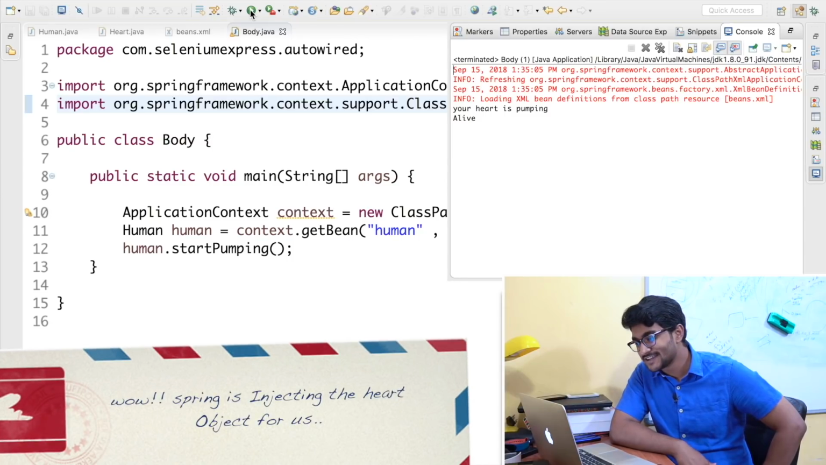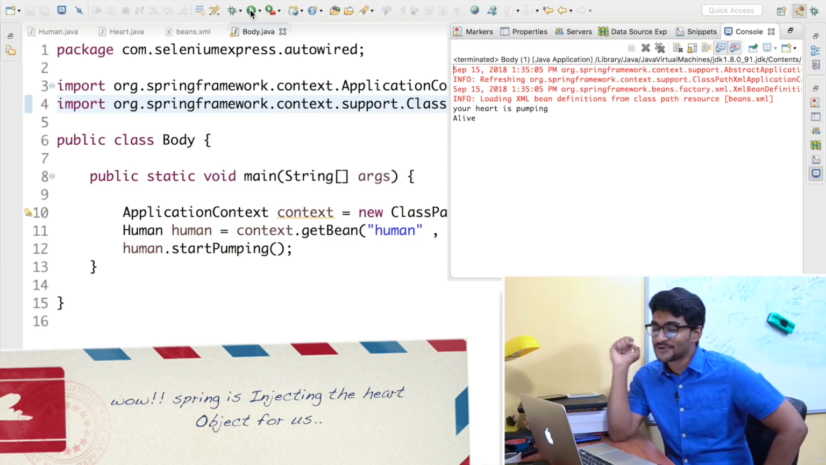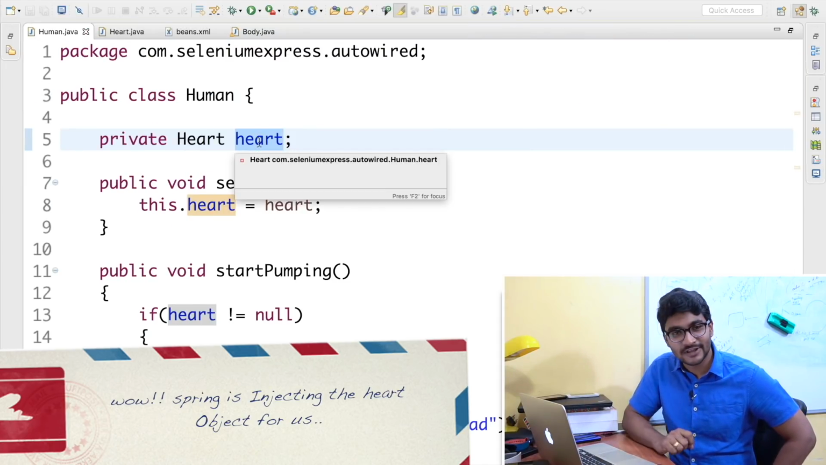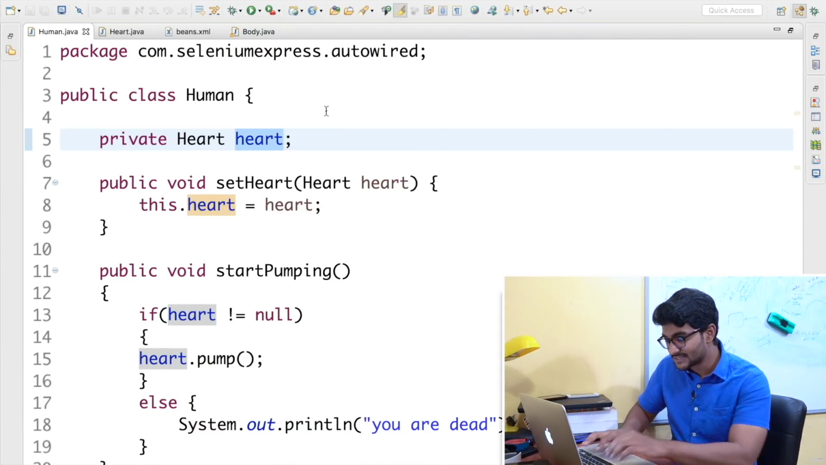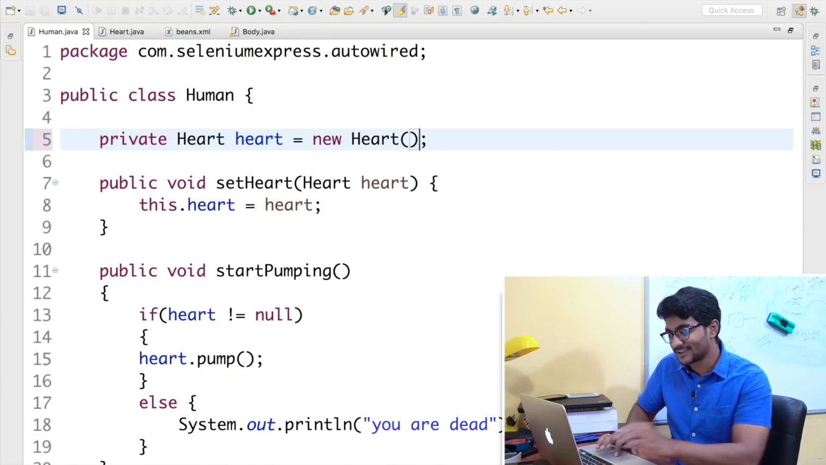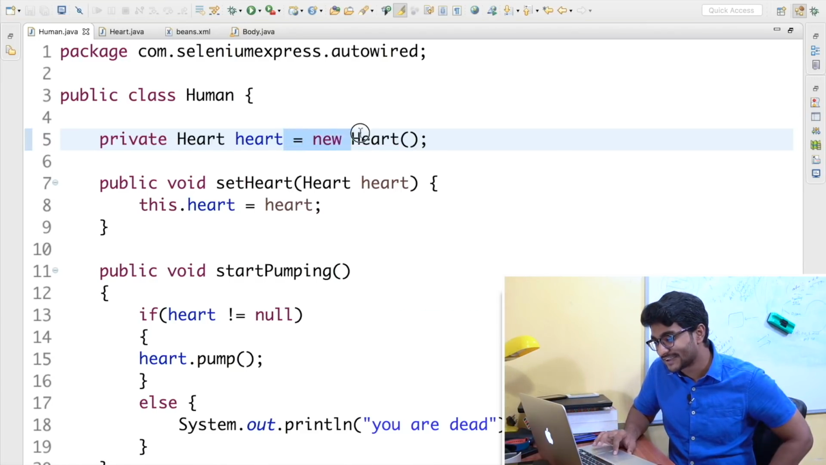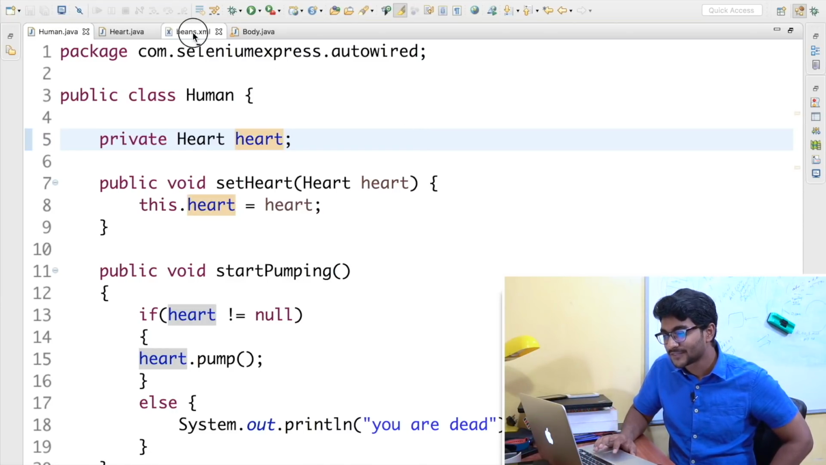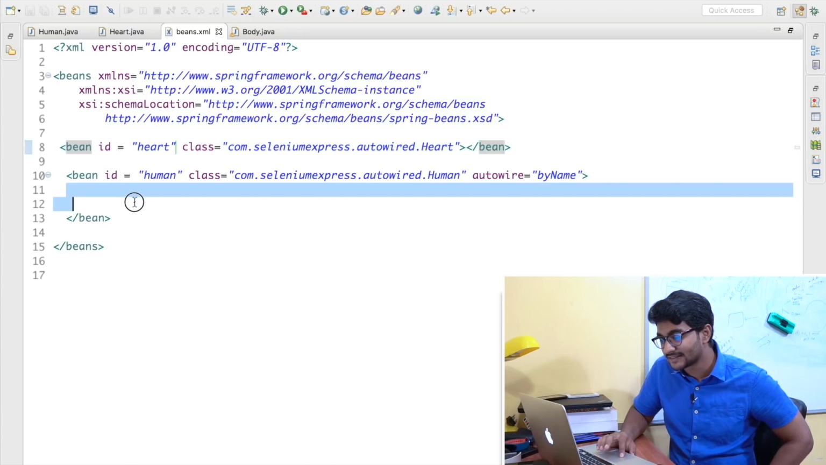And you can see the result. Your heart is pumping alive. So right now you have injected the object to this particular variable, right? Like you have injected the object by something like new Heart, right? You made a Heart implementation, right? You have done this by using Spring and by not configuring the property over here inside this Human